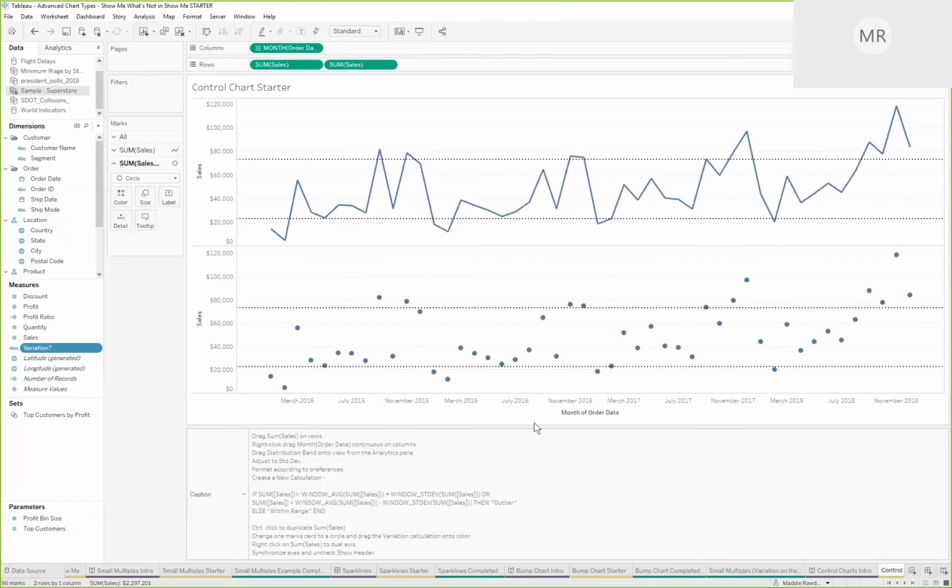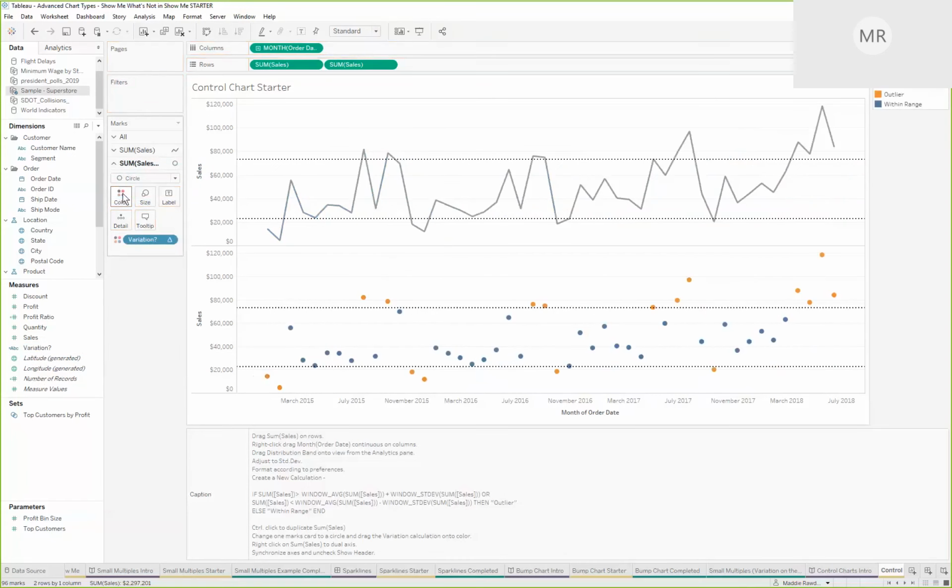Once I have that calculation, it's available to me. I'm able to drag that onto color. I'm going to drag it onto just my chart that has the circles, not on both, because I want to be just calling out specific points. So you'll see Tableau has updated, and we have that orange calling out